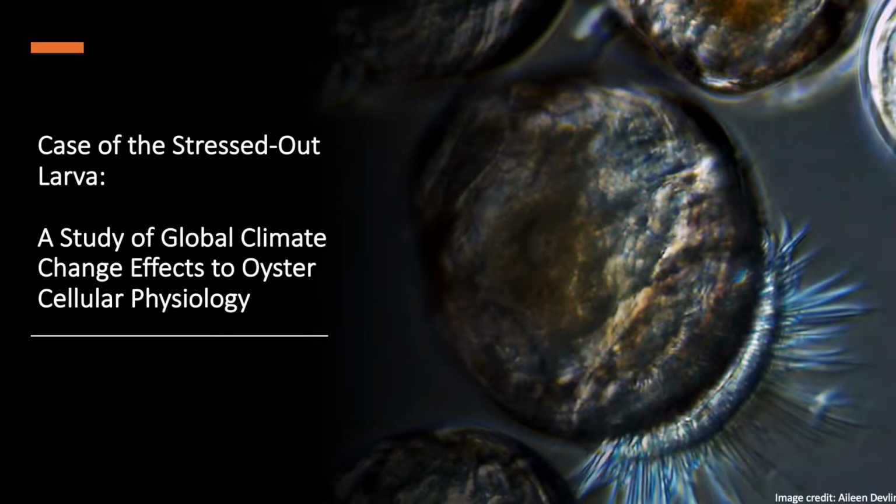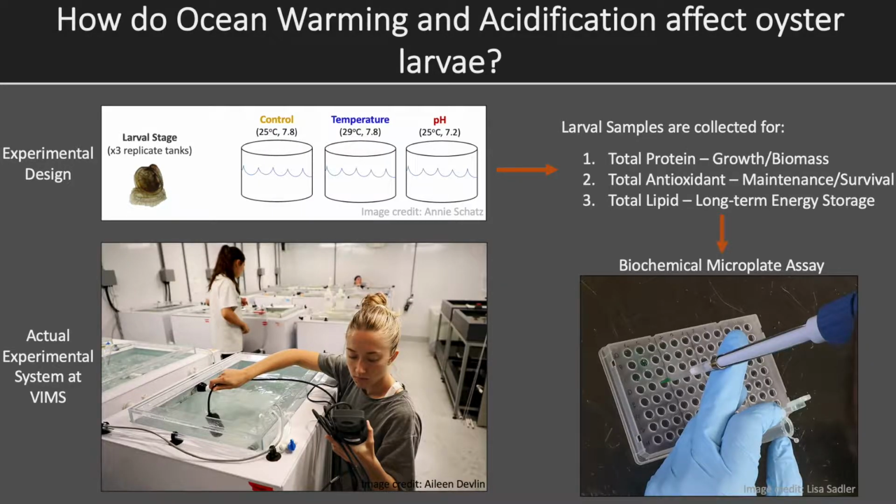My research focuses on how climate change is affecting the physiology of larval and juvenile oysters in the Chesapeake Bay. So my lesson plan for the Virginia Sea program, called Case of the Stressed Out Larva, was adapted from one of my experiments that actually looked at the effects of ocean acidification and ocean warming on larval oyster physiology using